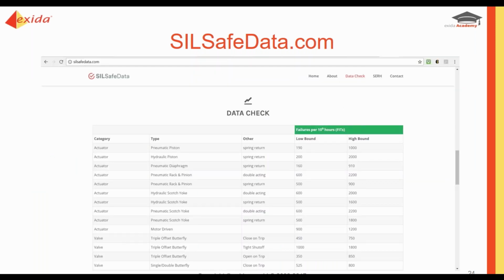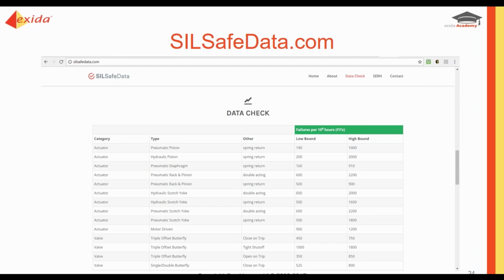So just to take a look at SILSafeData.com, this is what it looks like when you pull it up. It has those lists of types of devices with a lower bound and an upper bounds rated in FITs or failures in time. That's 10 to the negative 9. So let's say, for example, that bottom one there is a triple offset butterfly valve.